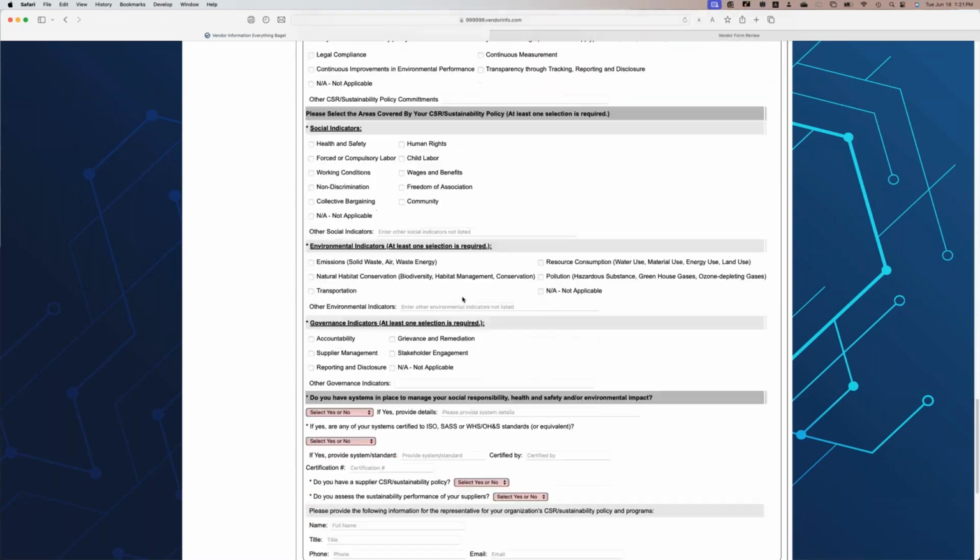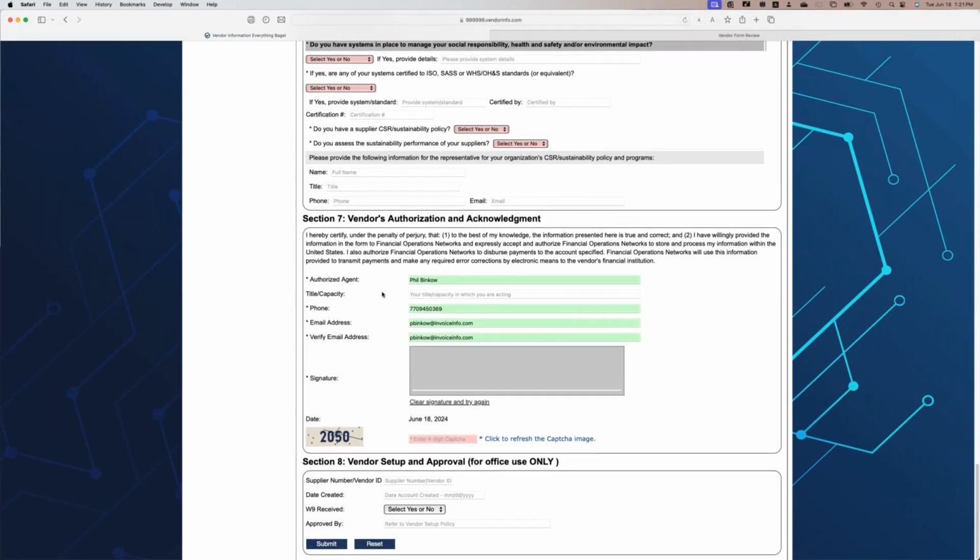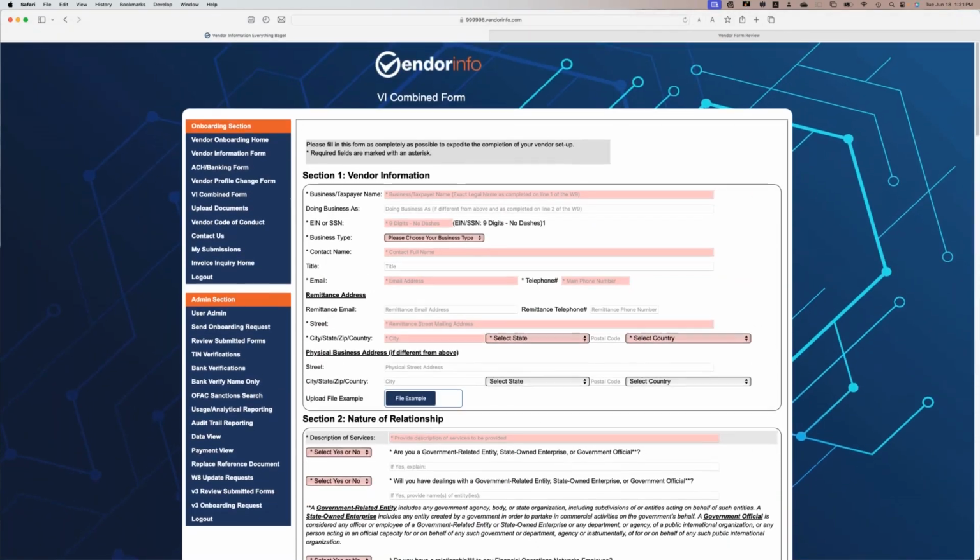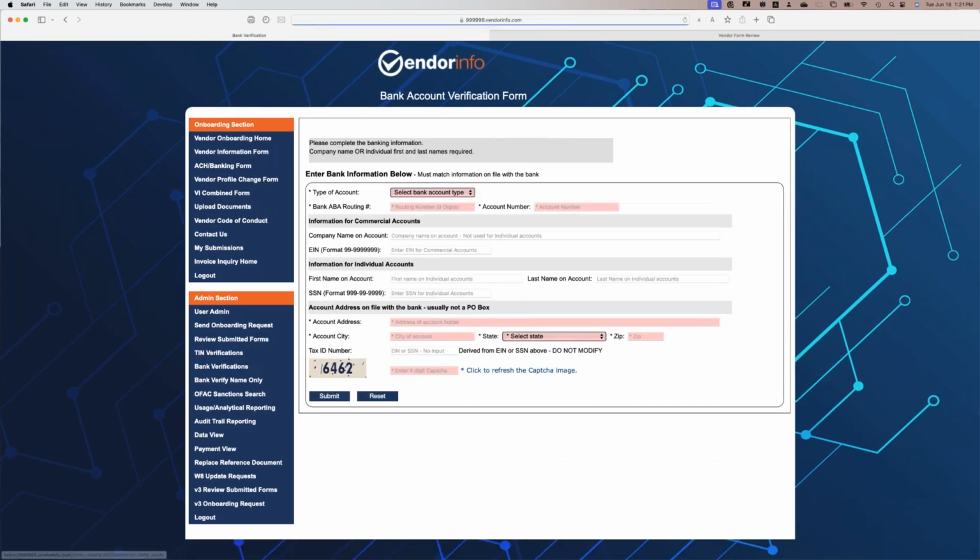In any event, the vendor would sign the information if this was vendor facing. If it was not vendor facing, then your staff would enter the information on an abbreviated form, and then submit it.